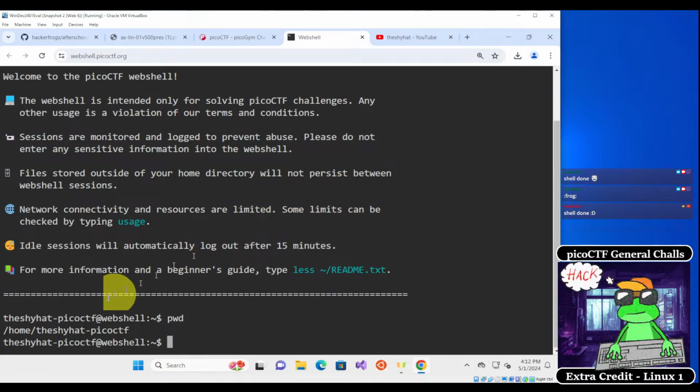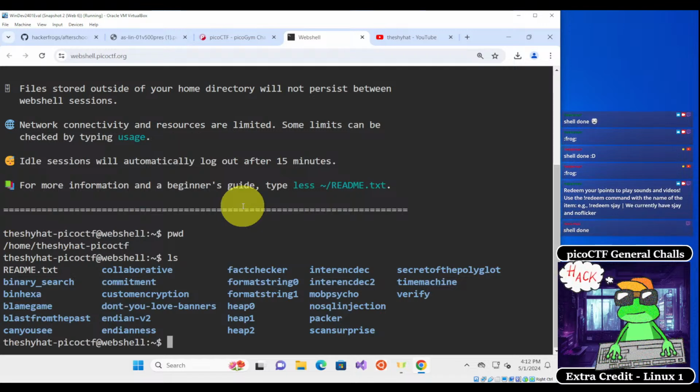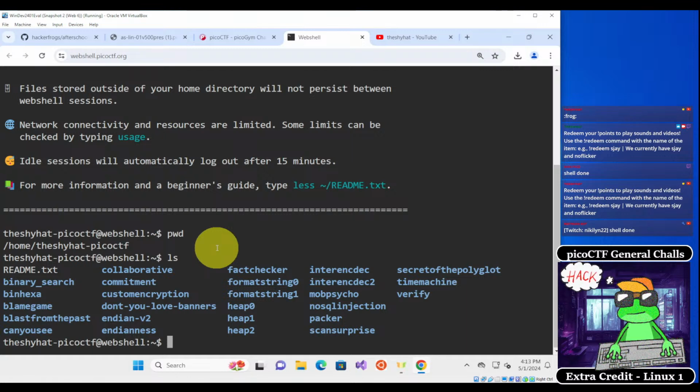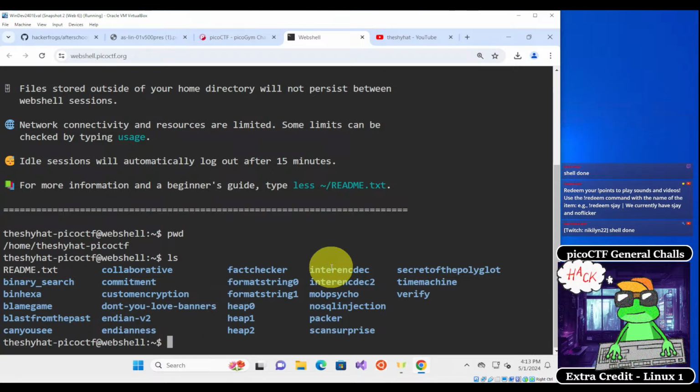So all right, we've got our picoCTF web shell, and inside of the home directory, you can see that I created a bunch of different directories to solve challenges. Nickman22, shell done. All right, nice to see. Inside of the picoCTF shell, you can create your own directories,